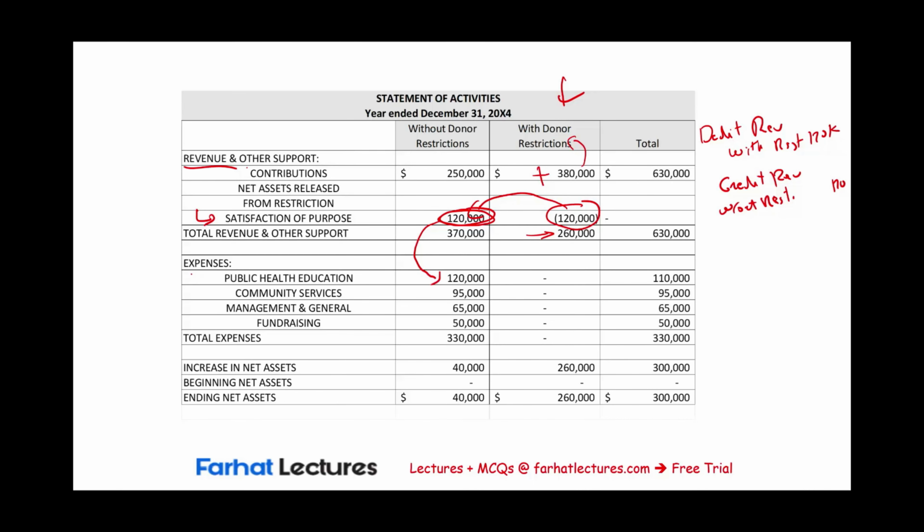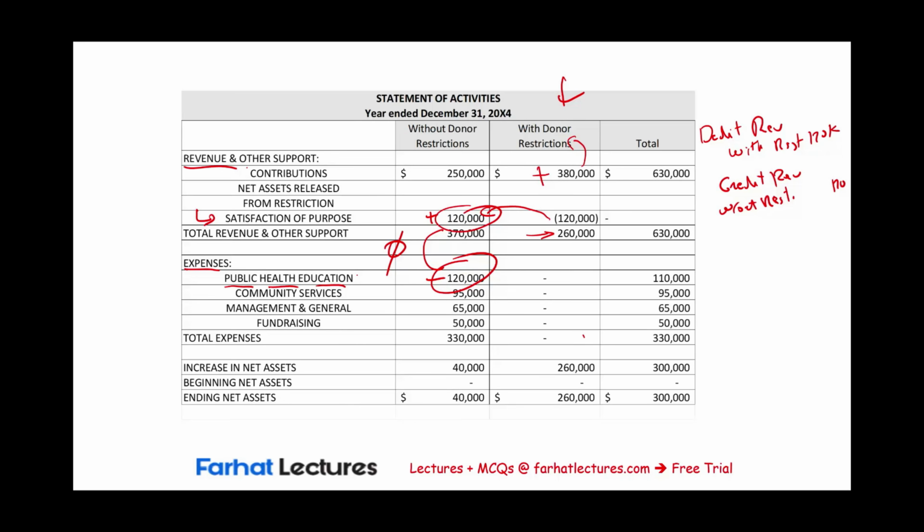So notice here what happened. Under expenses, we have public health education. So this 120,000 was for public health education. And what did we do? We spent this money on public health education. So notice what happened. We took the money from with donor restriction to without. So this is revenue here, then it's expenses here. So the net effect of all of this is 0. Basically, the net effect on the without donor restriction is 0 because it was counted as revenue, then